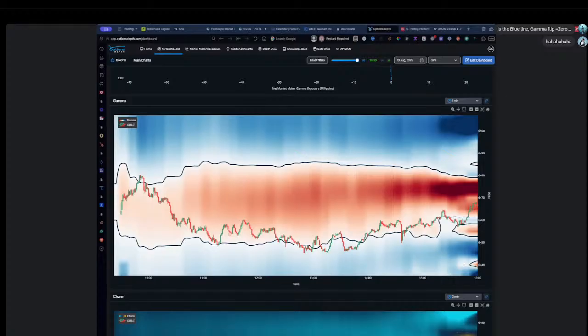Could you possibly share the gamma for SPX before and after the first 30 minutes so we can see the difference and understand the 0DTE callouts better? I will try my best to send it to you pre-market and then